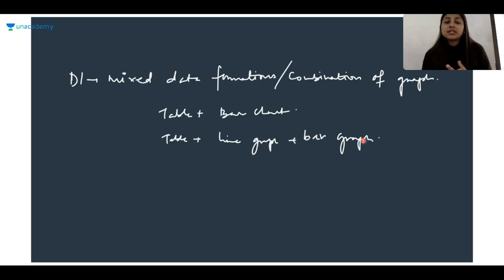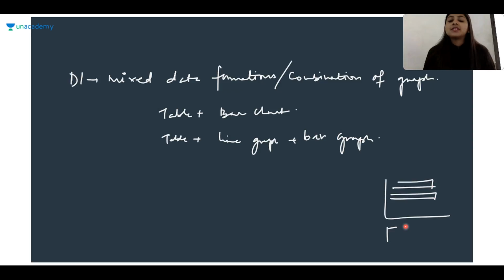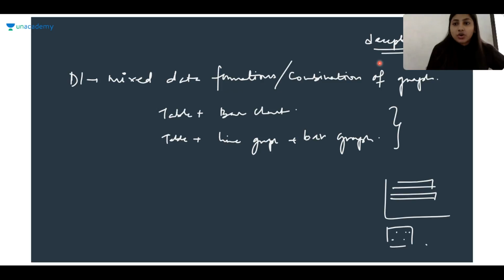Even in the 2019 paper we discussed, remember we had seen one or two questions which were from DI and had a bar graph. It was a horizontal bar graph with a lot of data, and then there was a table too. The question appeared so difficult, but remember it was so easy. We had seen it in the 2019 paper discussion. So similarly, the questions in DI can be very deceptive. You should not go by the looks. You should not see the question and decide if you can solve it or not. You have to actually solve it and see if you can.